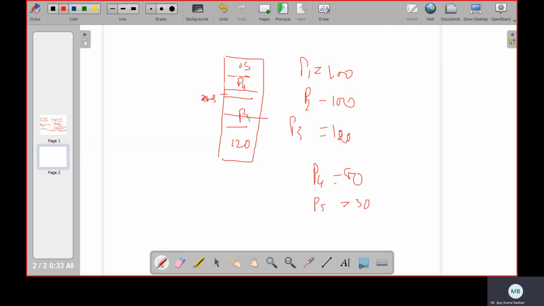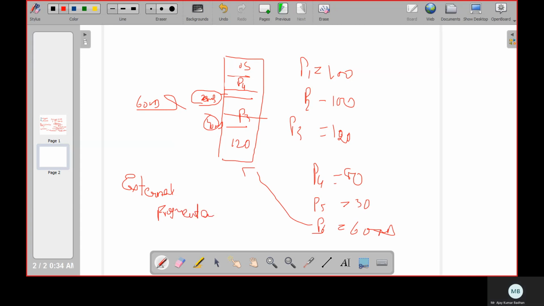We allocate P5 here. He is occupied. So here we have something like 40 MB left, assume it. So what happened? In total, how much empty space are we having? 60 MB. Now one more process came, P6, requiring 60 MB. Now we do have 60 MB of empty space. Can we allocate process P6 to this? No, it's not possible. Why? The reason is that the 60 MB is there, but it is not continuous. It is in partitions, 20 MB separate and 40 MB separate. So we cannot allocate to P6. He has to wait. That is what we call external fragmentation.